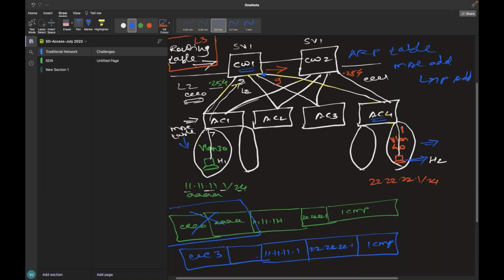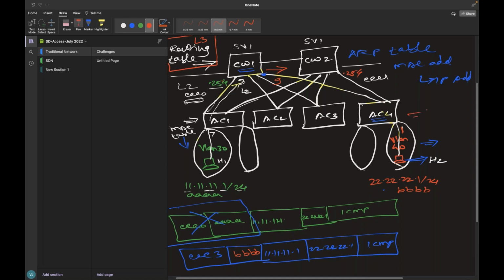So it gets the MAC address of 22.22.22.1. So for example, the MAC address is, let's say, B. So it gets that MAC address B here, and sends that packet across to switch 4.